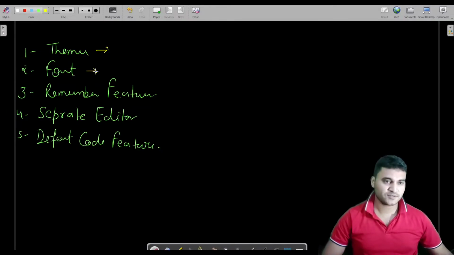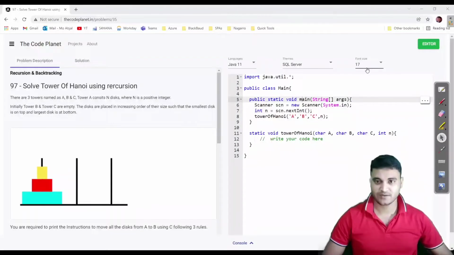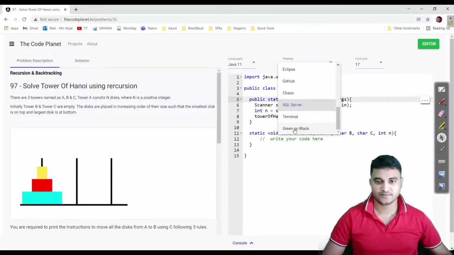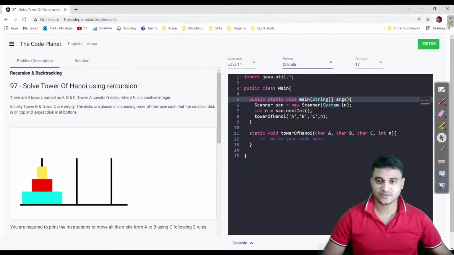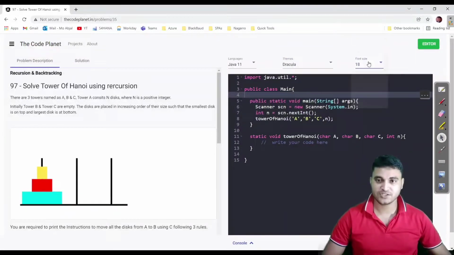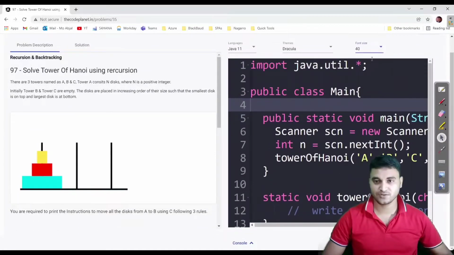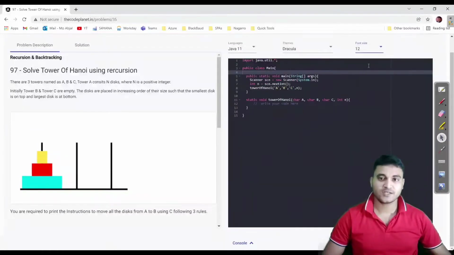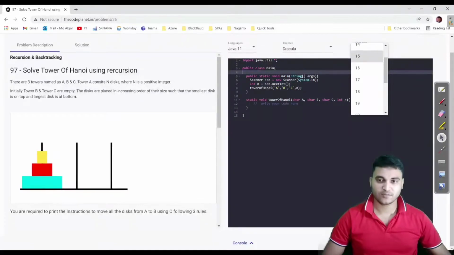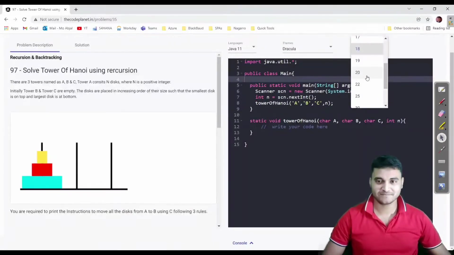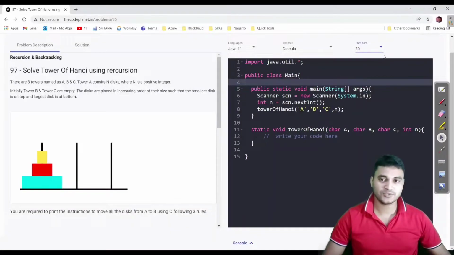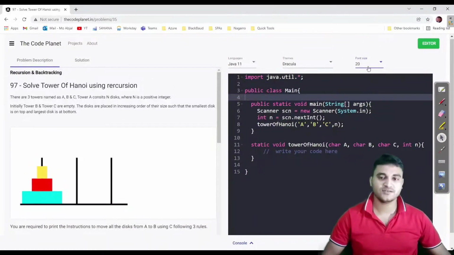The second feature is to change the font. This is another theme and I really like this one, so I will be staying on this. The font feature means you can change the font to anything. Fine, you can change the font to this also. For that I have provided a drop down. I have not provided a text box; it is intentional to provide a drop down. If you want to change it for your convenience, you can do that.